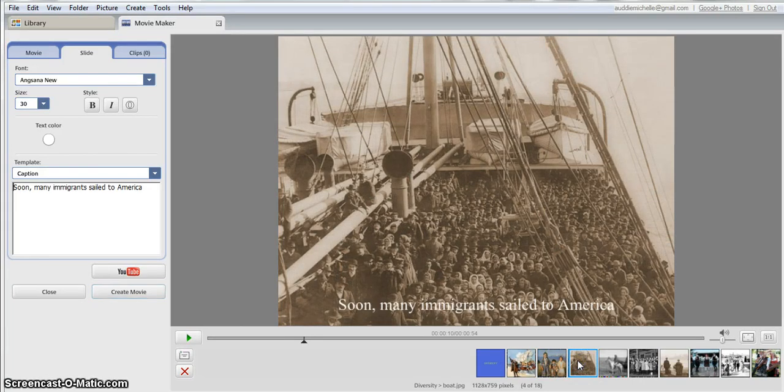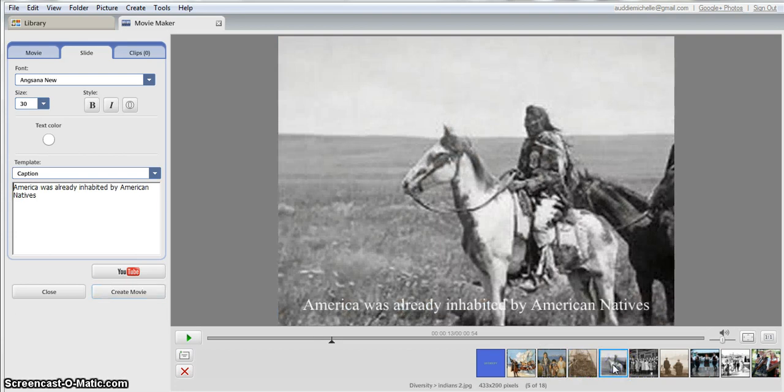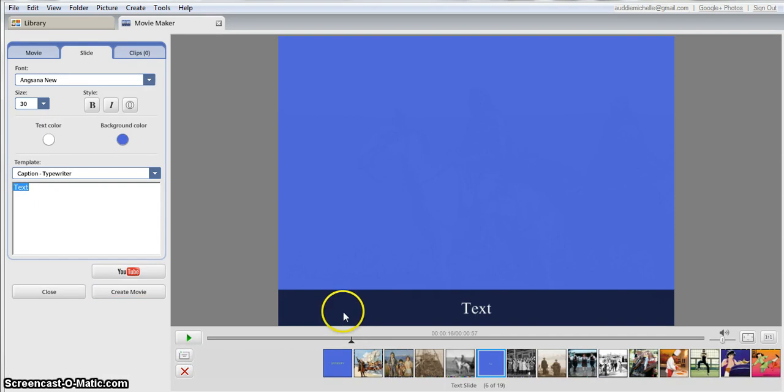Also, if you want to put a blank text in between each of your, or perhaps one of your photos, you can do that. Just click on the photo that you want. Then go over here to where it says Add a New Text Slide. Click on that. And now you can enter text in the box that will appear on the screen. So if you want to tell a little story in between your photos, you can do that. In this case, I don't need it, so I'm going to go ahead and right click. Click remove,